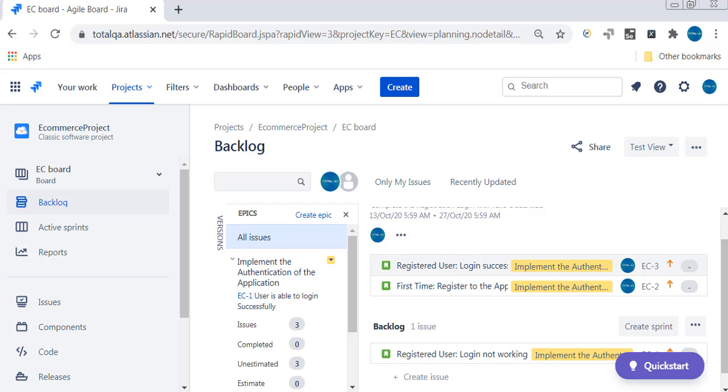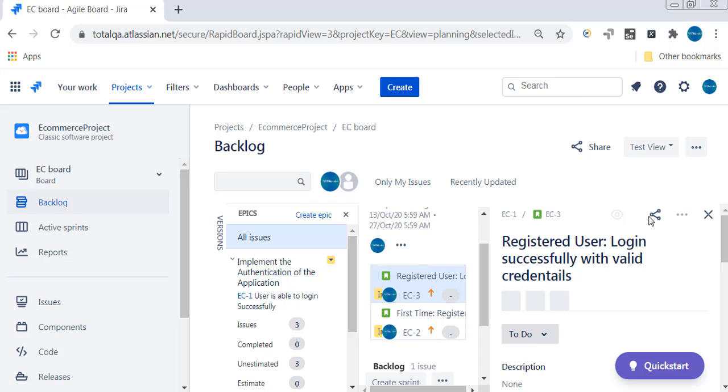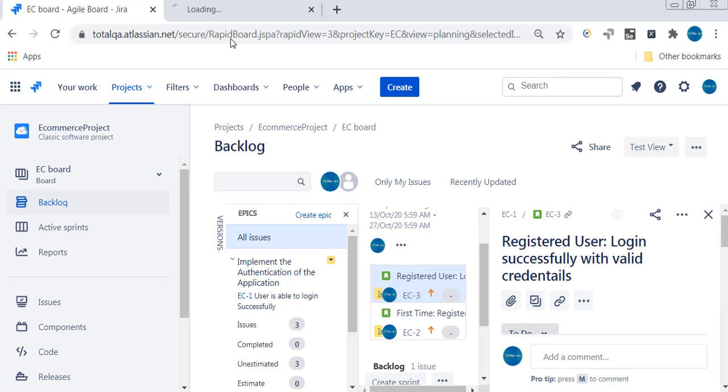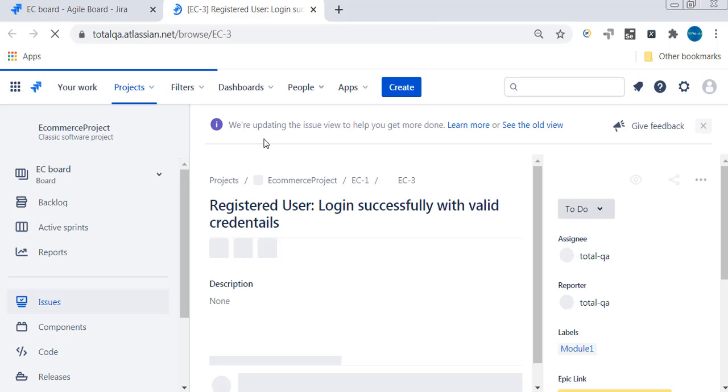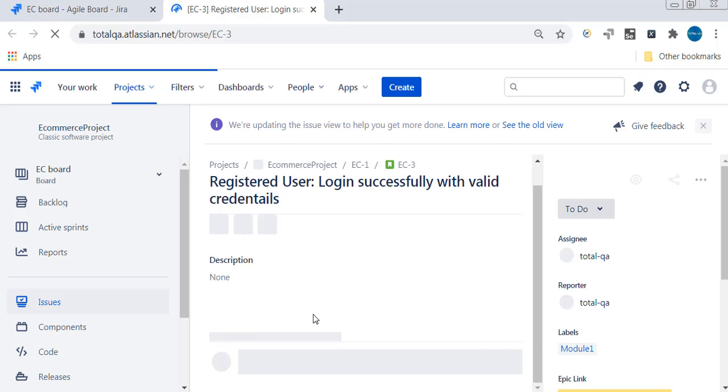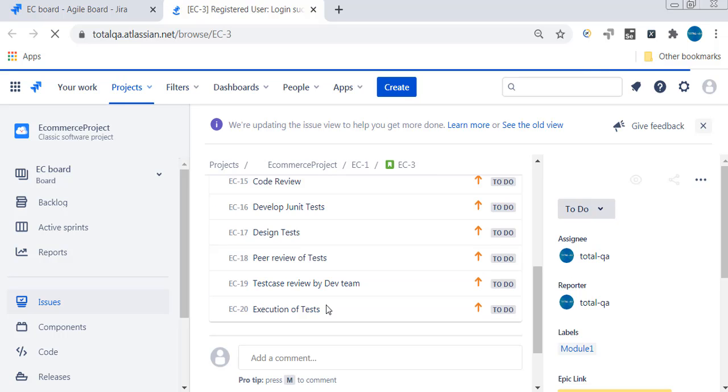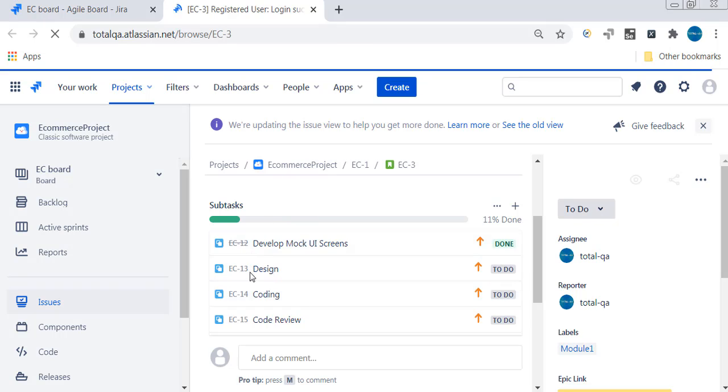Let me open one story, EC3. Let me right click on the link and open a new tab. You can see multiple subtasks are available, and we also completed one task for understanding.